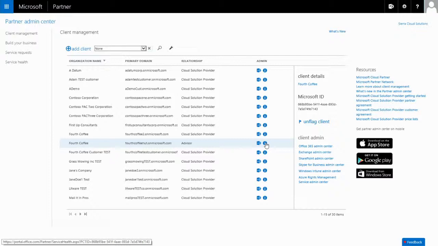If they go to the service health dashboard and they see no active service incidents, then they might want to proceed and open up a support ticket on behalf of their customer and manage it that way. But this will take you directly to the service health dashboard for that customer, and I'll show that in just a minute. All right, so I've got the customer highlighted, and off to the right-hand side, you will see some summary information about that customer,